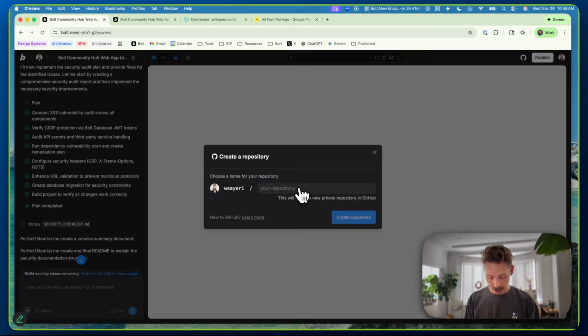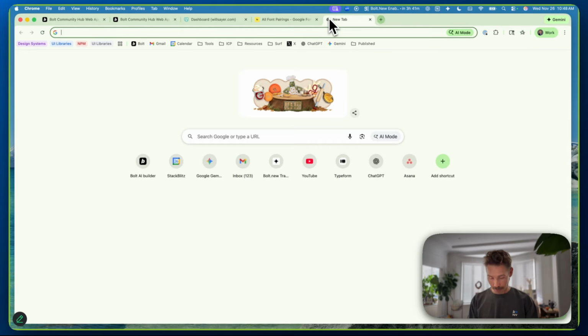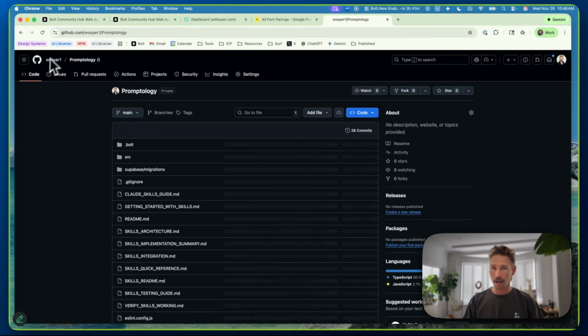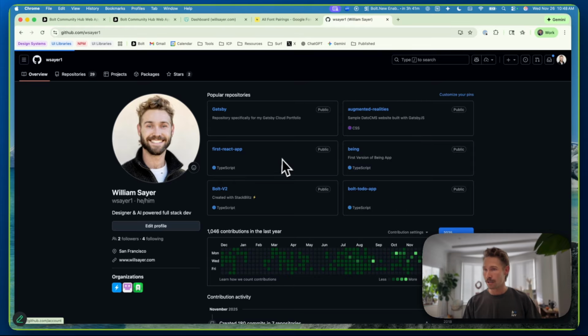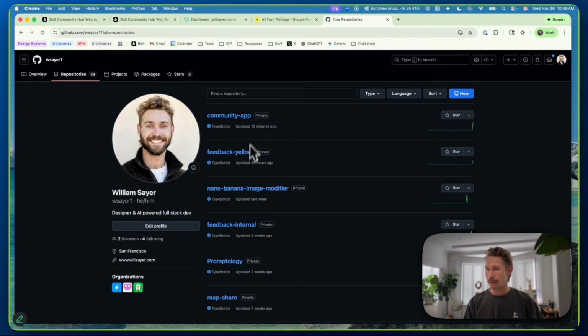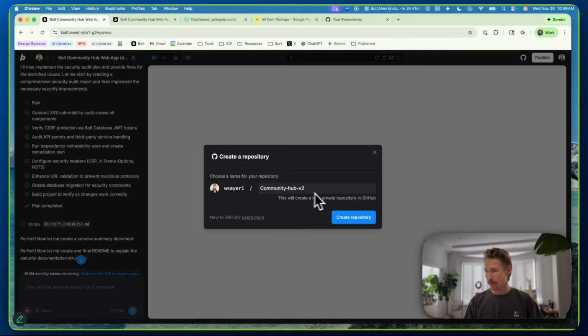So we're going to call this Community Hub V2. And notice that I can't put spaces in here, my bad. So I'm just going to put a little dash, and because I've already got one called Community Hub, I'm just naming this V2 for the purpose of demonstration. And at the same time, if I open up my GitHub account, I can look at all my repos, and you can see we've got Community App updated 12 minutes ago. We've got some other ones there, but let's come back in here and we're going to say Community Hub V2,